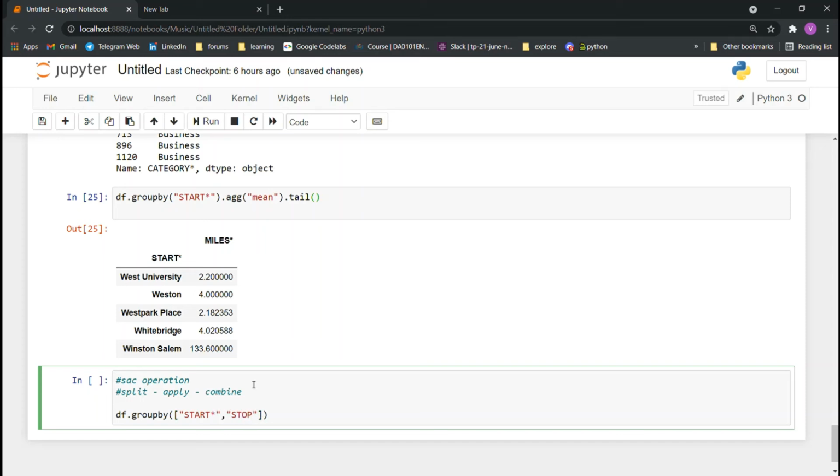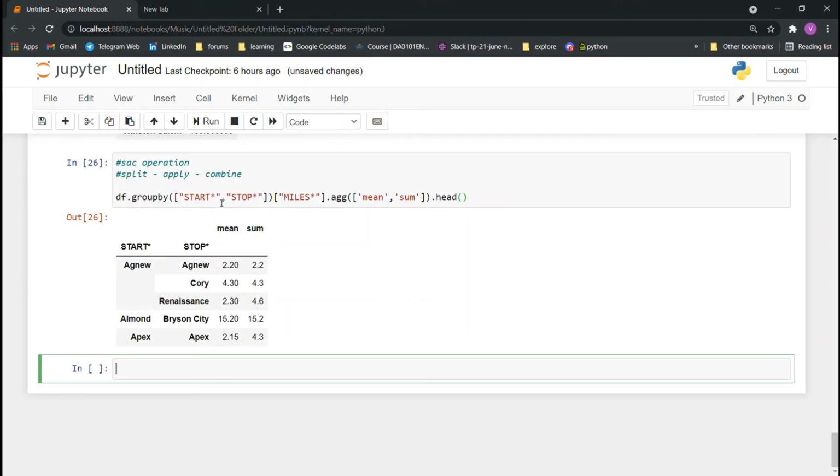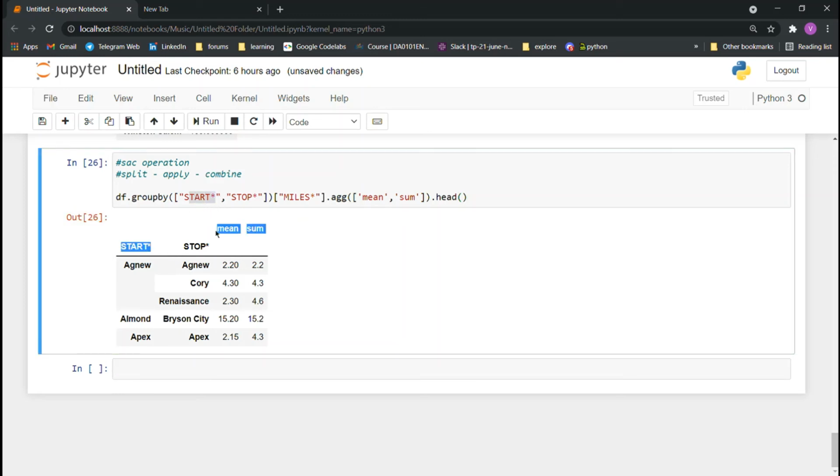Just pass multiple column names we need to group, and we will group the start and stop columns using the miles column, based on the mean value and the sum value. So based on the mean and sum value of miles, it will group the start and stop columns. It will first group the start column, and next it will group the stop column using the mean and sum values.